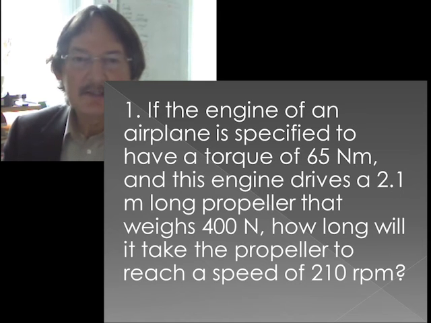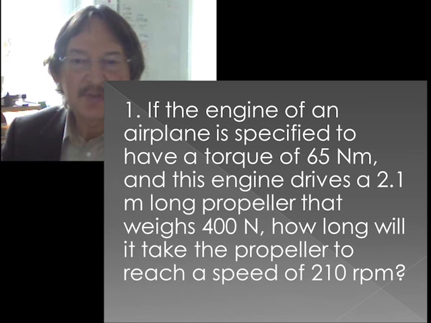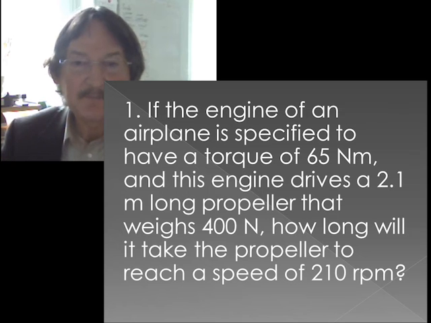Okay, so this problem involves torque, it involves a moment of inertia, and calculating angular acceleration. You know the angular velocity from 0 to this final 210, which you have to convert to radians per second,